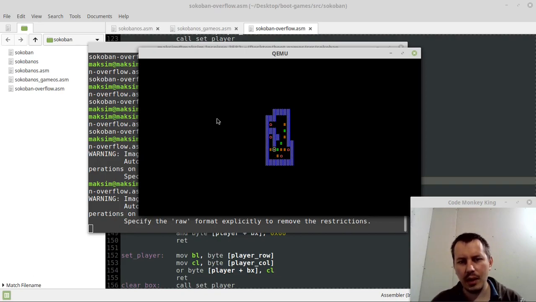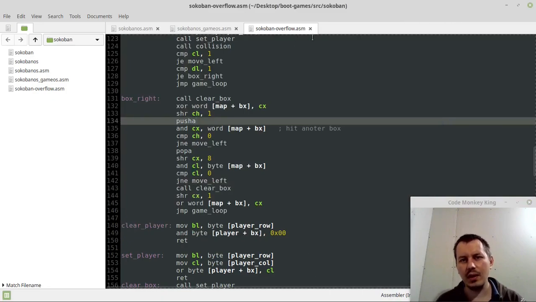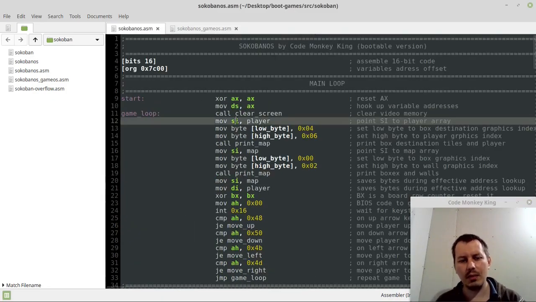So here you see the box is not hitting the box. I can't push the box there, right? I can't move here. Now it goes to the wall, now it goes to the box, but only to the one side. However, it didn't work for the rest of the sides. You see, it was complete nonsense there. So just to give you an idea how tough it was, and then eventually I came up with this